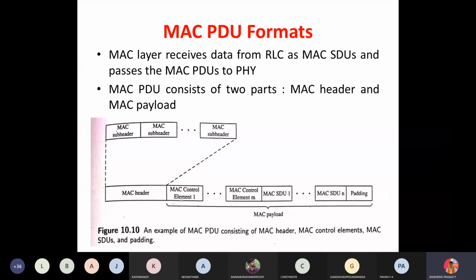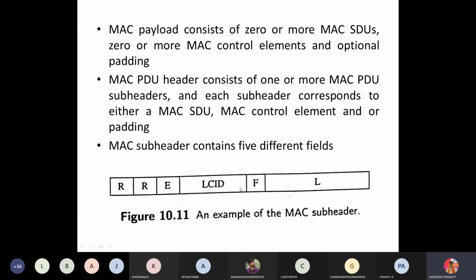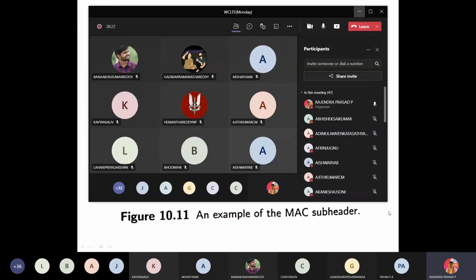Now MAC PDU formats. What is this MAC column? Because you are going from the lower layer to the higher layer, MAC address and MAC control element should be present. That is what is given here. So we have a payload header and a header value. These are the two types we have. In this, you can observe that we are just knowing the frame format value which should be present. And if I enable it, then it will activate and perform its function. That is the meaning you can find.